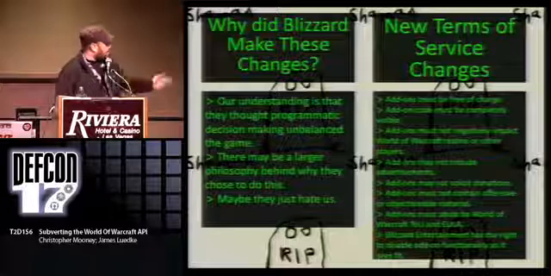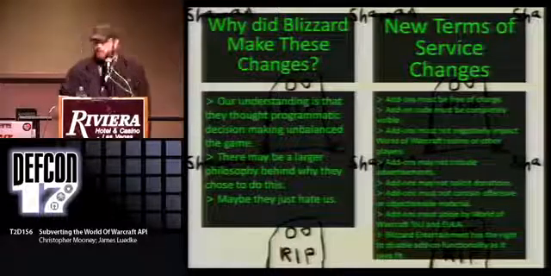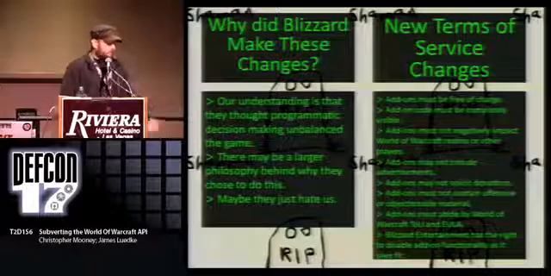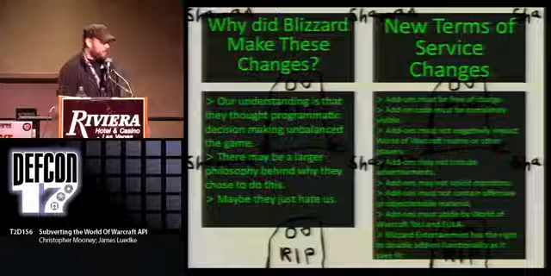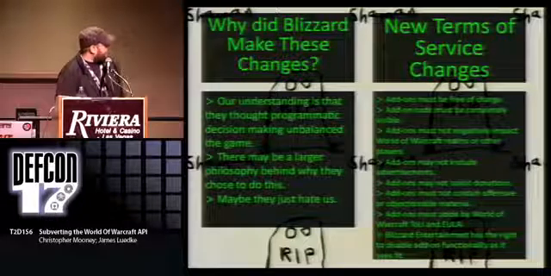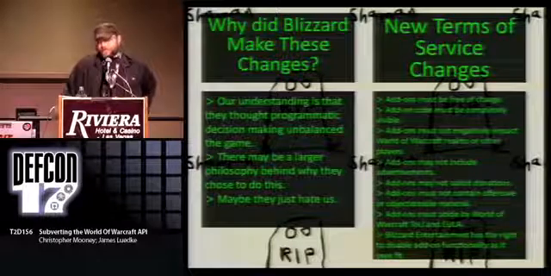Why did they make the changes? I'm going to skip right down to the bottom one here. Maybe they hate us. Because we all put a lot of code and a lot of time into this, and they just said, forget it, we don't care. But really, I think it was something about trying to stop programmatic decision making. So they didn't want us